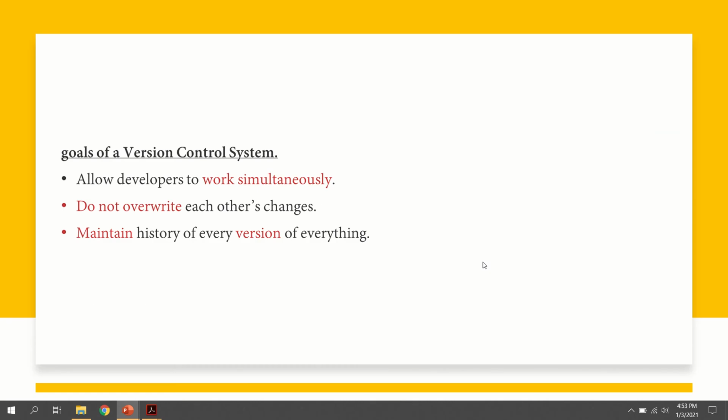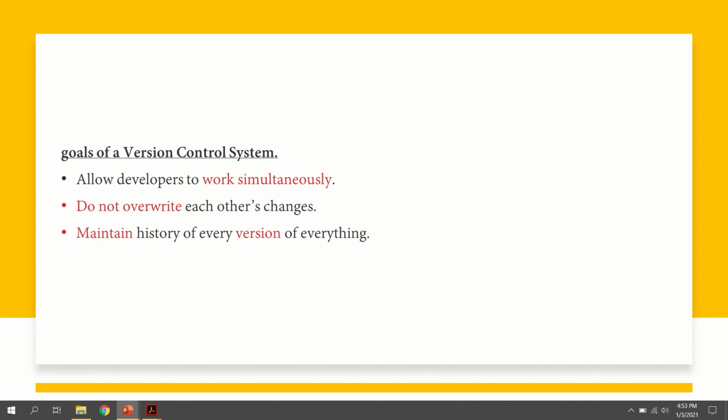And now, these are the main goals. Already I explained the goals of the version control system in simple sentences. If we are pointing out the goals of the version control system, these are the goals. The first one is that it allows the developers to work simultaneously. As I said, whenever we consider a project, we said that the project is teamwork which includes a lot of people.